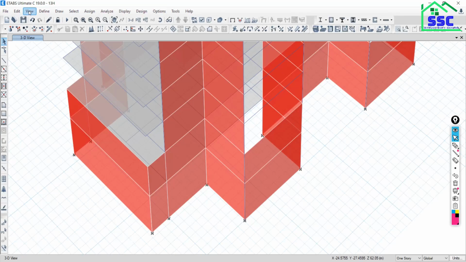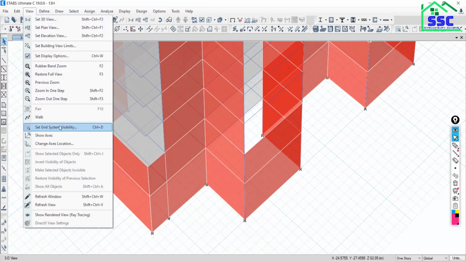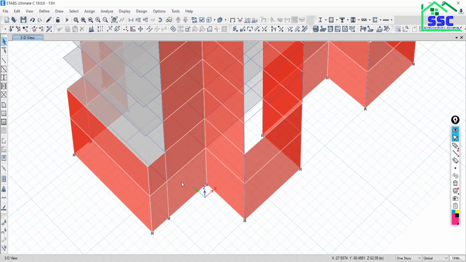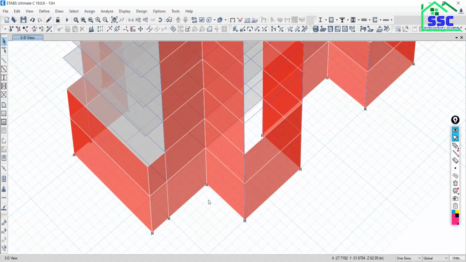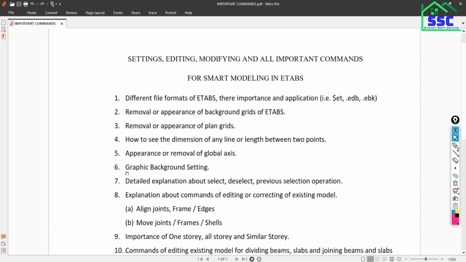If you want to see it in view, just click over view, show axis. This will be available. Then go to view, then click show axis, that will be removed. So by the same option, you can take it on view, you can remove it from the view. Is that okay?